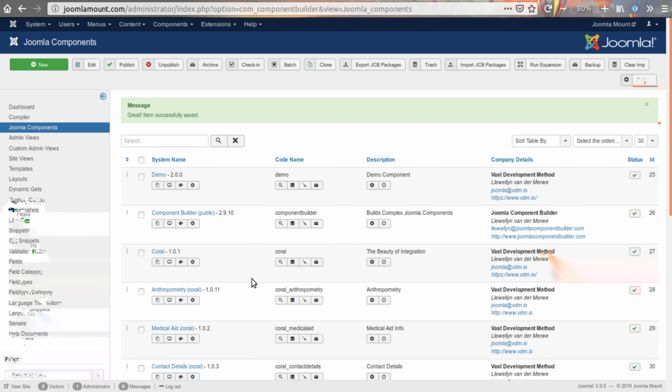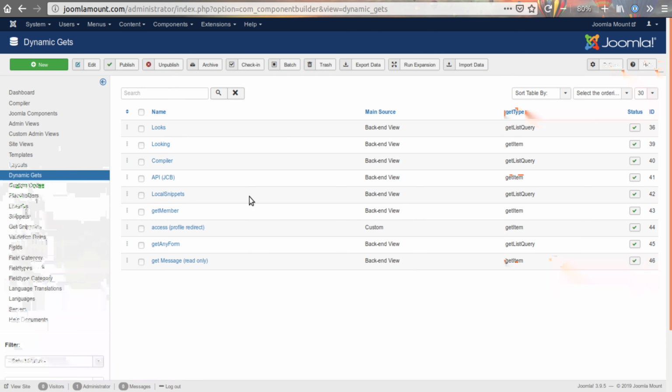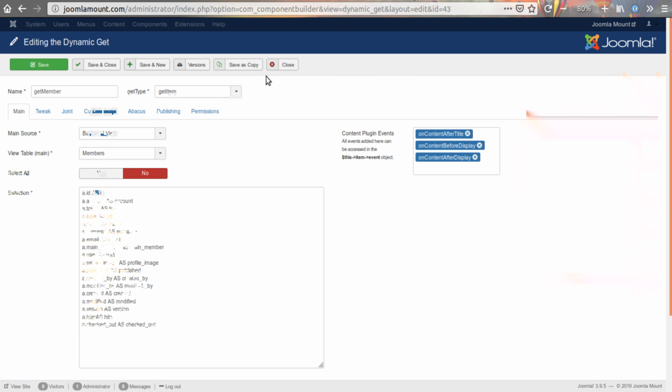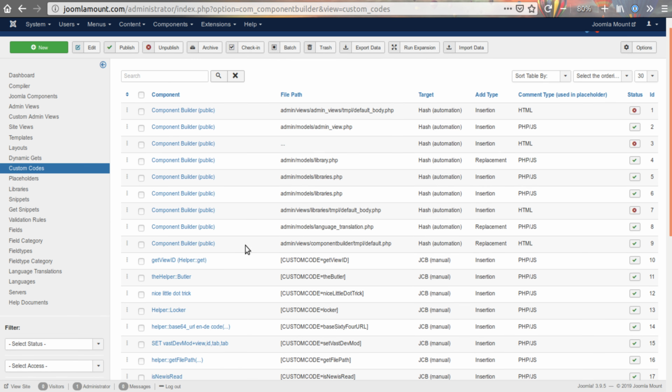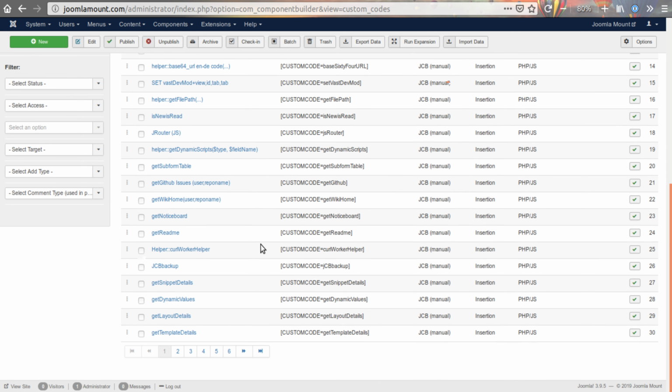Now I know for this implementation, or what I'm showing you right now, it might not be that exciting, but I'm telling you, if you start to think about the greater implication, for example, if we were to go to the dynamic code and, for example, get member, this get member function, oh wait, I'm in the wrong place, I'm talking custom code. Now let's say, which one? I think I have